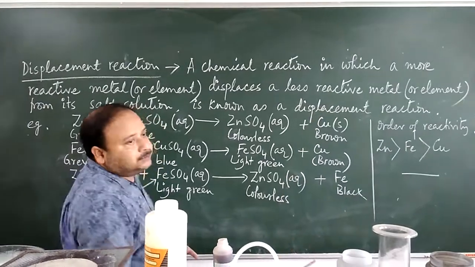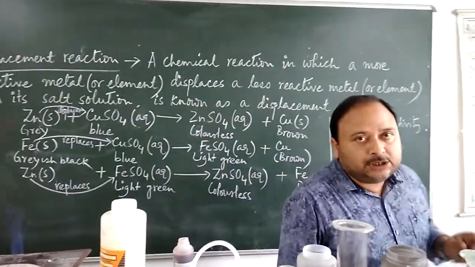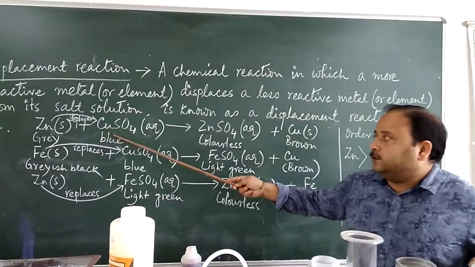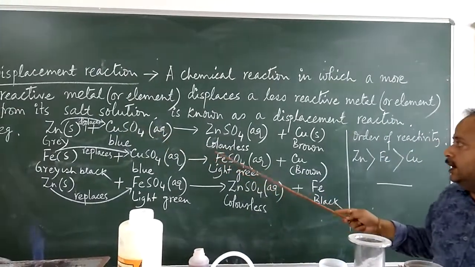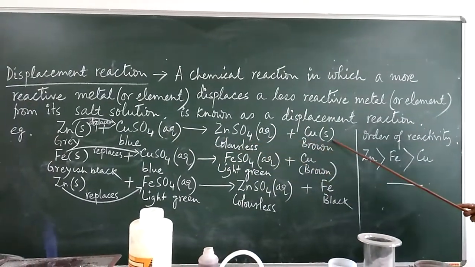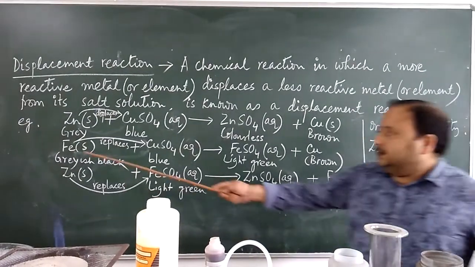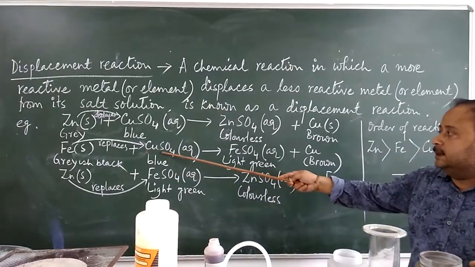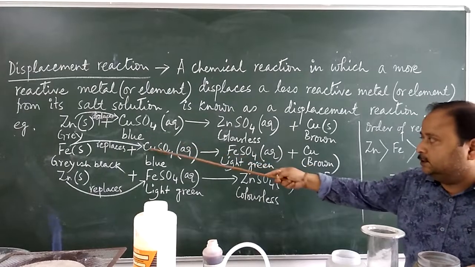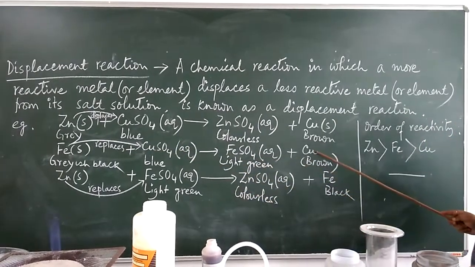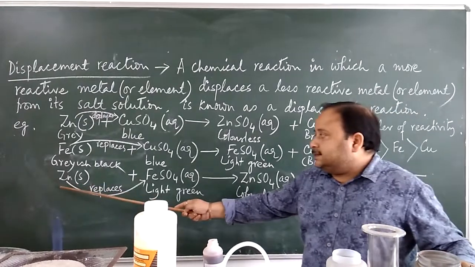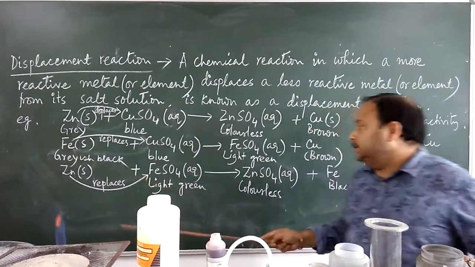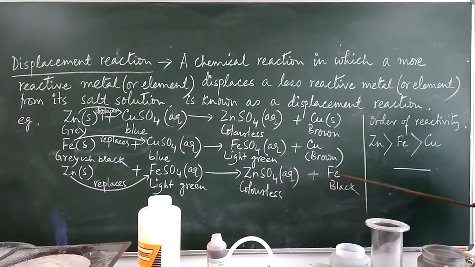the test tube. This reaction is called displacement reaction, a reaction in which a more reactive metal like zinc could displace copper from its salt solution and form zinc sulfate and copper. This is a displacement reaction. This reaction in which a more reactive metal iron could displace or replace a less reactive metal copper from its salt, that is copper sulfate solution, is also an example of a displacement reaction. Another example where a less reactive metal iron has been replaced by a more reactive metal zinc, due to which it has formed zinc sulfate and iron.